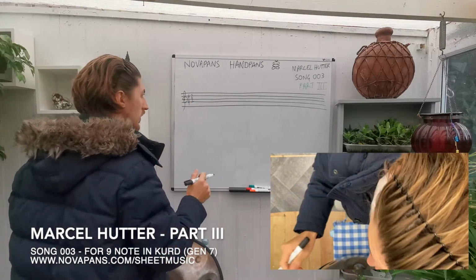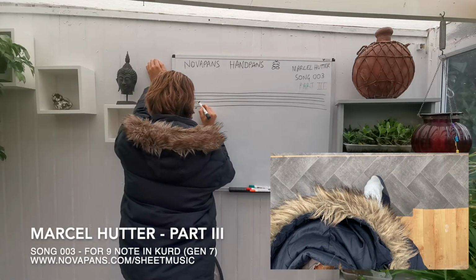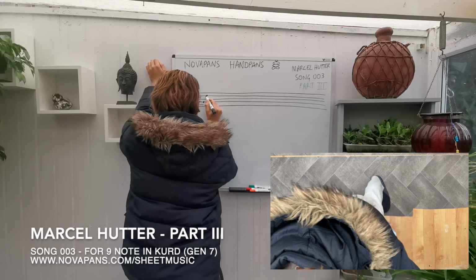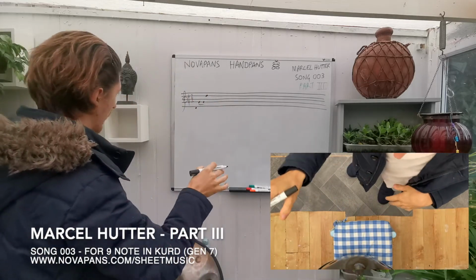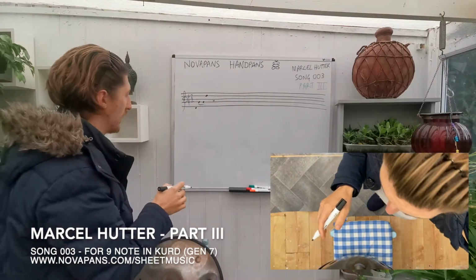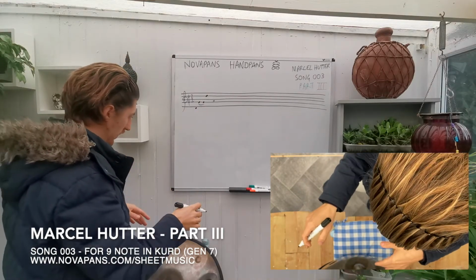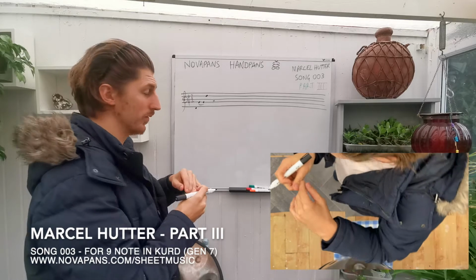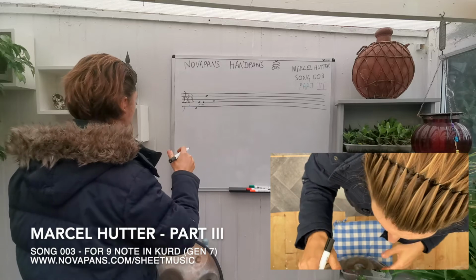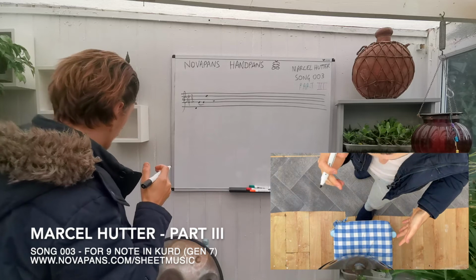2, 5, 7, 2, 5, which is being held. Remember, 7. Da da da. Da, da, and then slap. He's slapping over here, but he doesn't stop there at the slap, does he? He goes da da da da da da da da. And it's a double left as well. This is where it gets a little more exciting, I suppose. Da da da da. And then he goes back down again. Da da. 2 5 7 slap 7 5 2